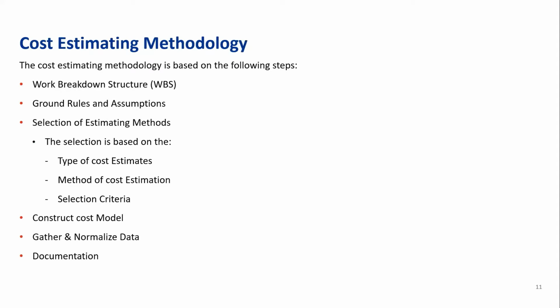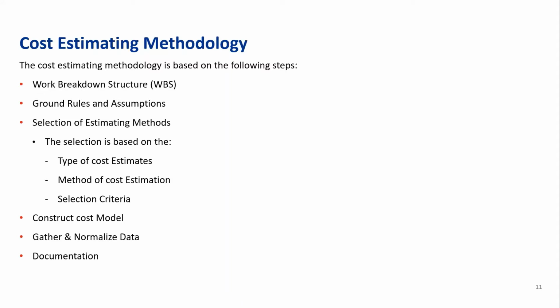The cost estimating methodology consists of the work breakdown structure, the WBS. The WBS basically means you break down your scope to the smallest element where you can assign or allocate a cost for that activity. Also, you need ground rules and assumptions: define all the factors that can influence the cost of the project. Also, a selection criteria about which type you're going to use, which accuracy you're going to apply, which input you're going to use for that project. Then you need to construct a cost model,